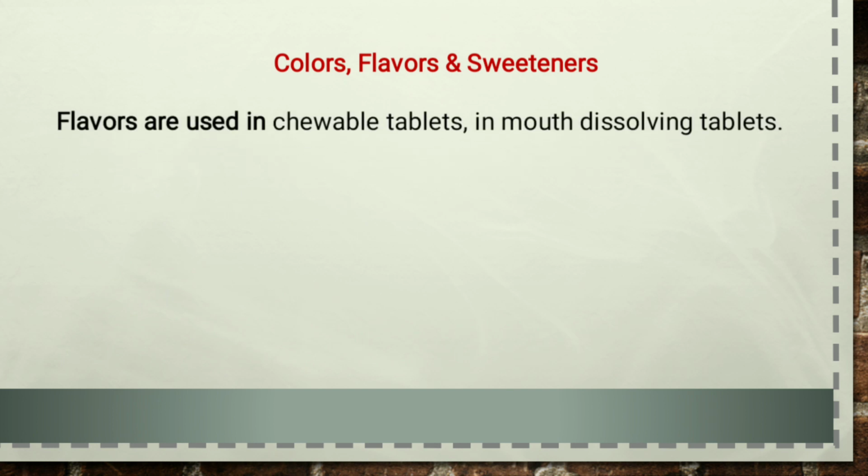Further, flavors. So flavor agents are commonly volatile oils which are used in chewable tablets, and those tablets which are going to get dissolved in the mouth. Generally, volatile oils are dissolved in alcohol and sprayed on dried granules. A low terpene grade is generally preferred, and flavors are now also available in spray dried beads.